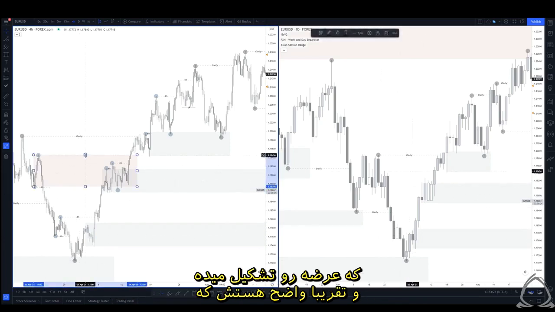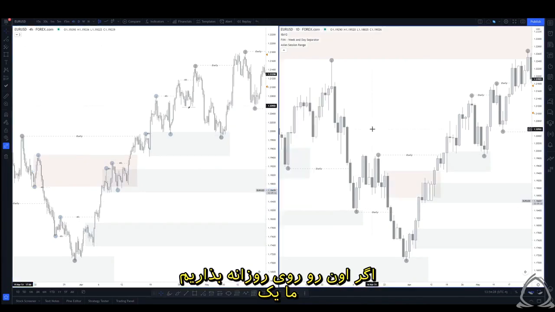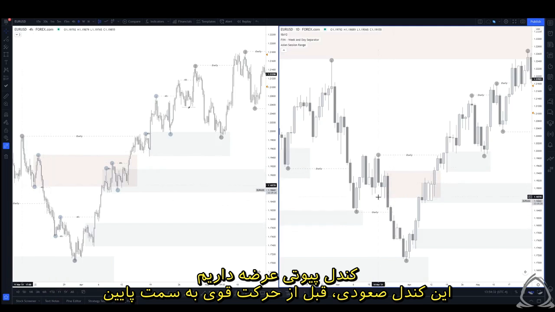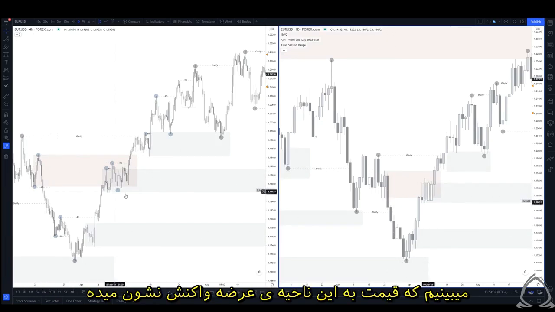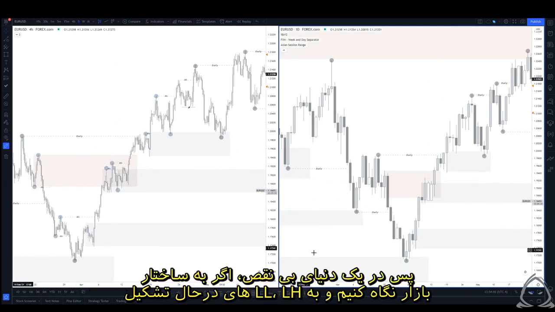And what we can see pretty clearly as well, if we just pop that back on the daily, we have a singular pivot supply candle, this bullish candle before this rapid expansion to the downside. And what we can see is price does react off of this supply zone. So in a perfect world, if we were looking at market structure and we're looking at lower lows and lower highs being created,